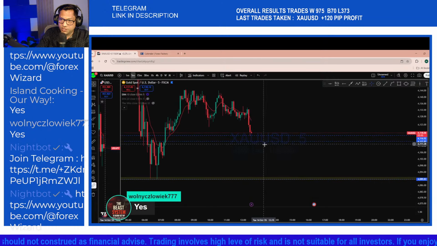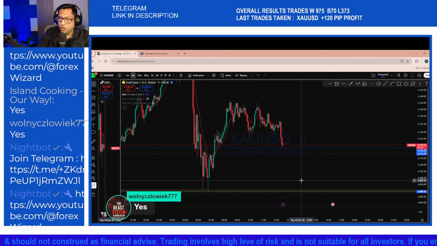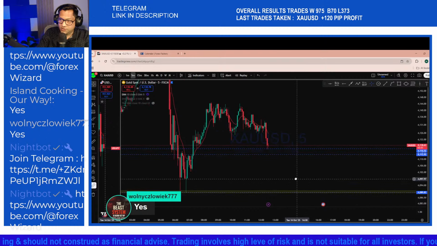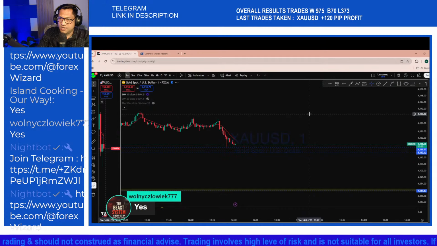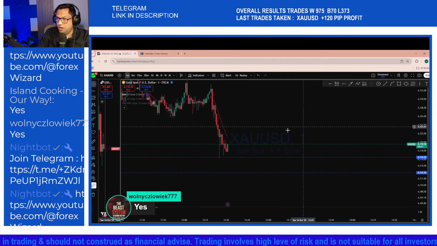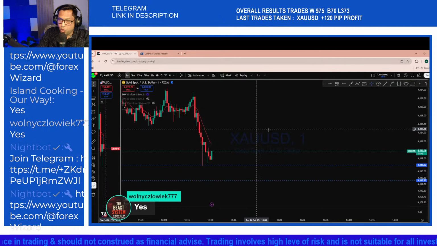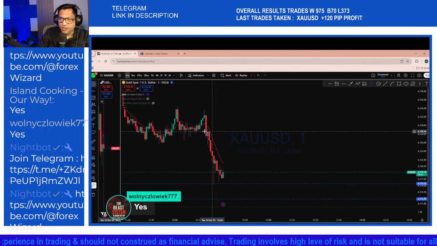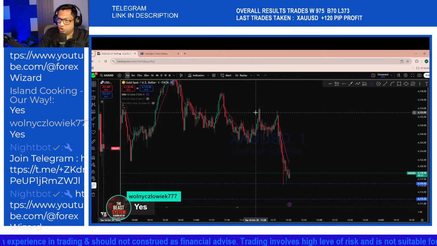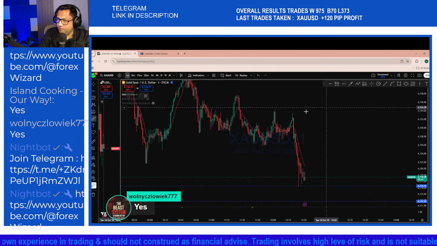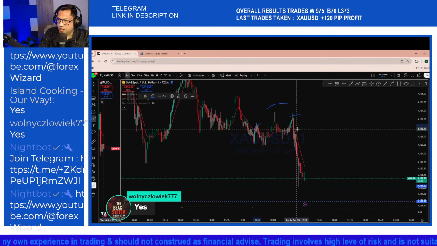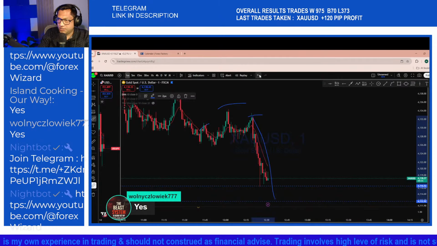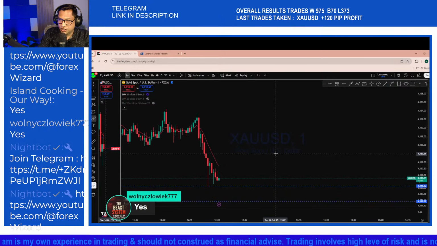So the possibility now for the price to potentially create a double bottom here is higher. So you might see the market pull back here and then continue to trend, because it finally formed a head and shoulders, and from that head and shoulders it completely rejected back below in that direction here in this market.